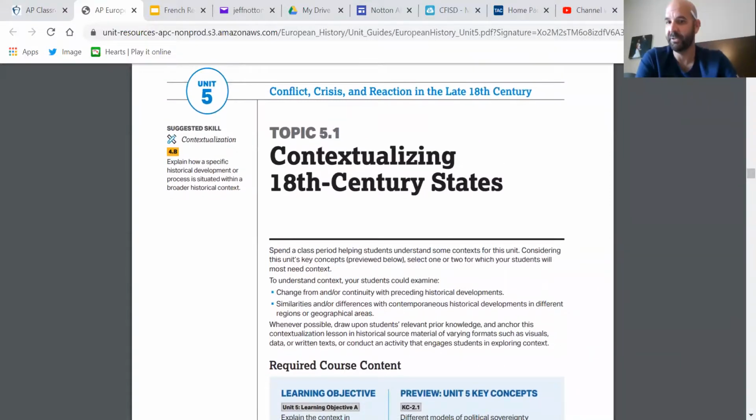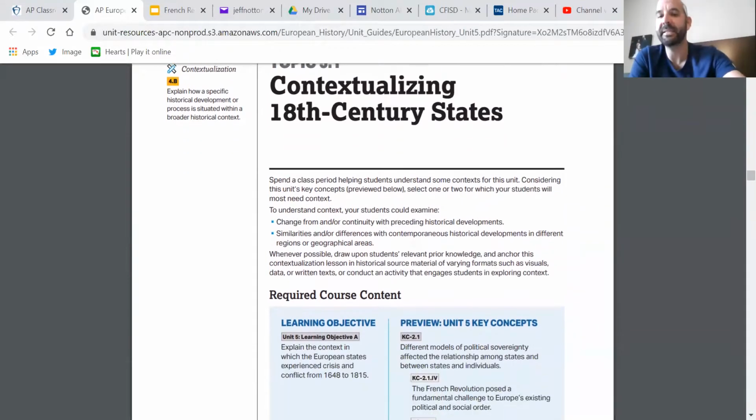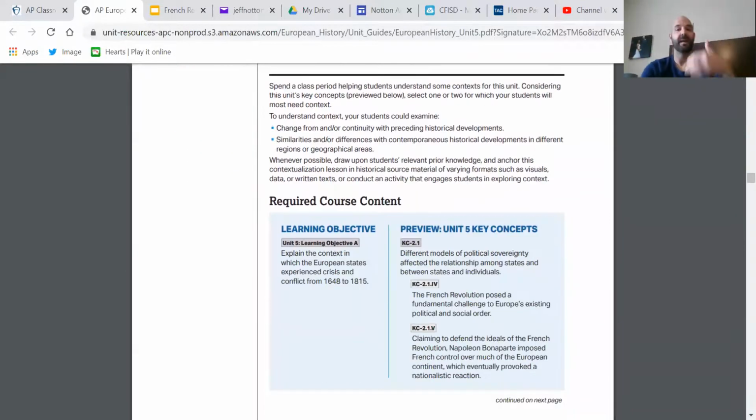Now we're going to do a little bit of review of Unit 5, if I can share the screen here. We're going to look at the course description specifically, and we're going to look at the contextualization, right? Basically, this will help you with your essay. We have to establish context. It's one of the first things we want to do in our essays. Here is the event we're talking about, so we can do one of two things to examine context.